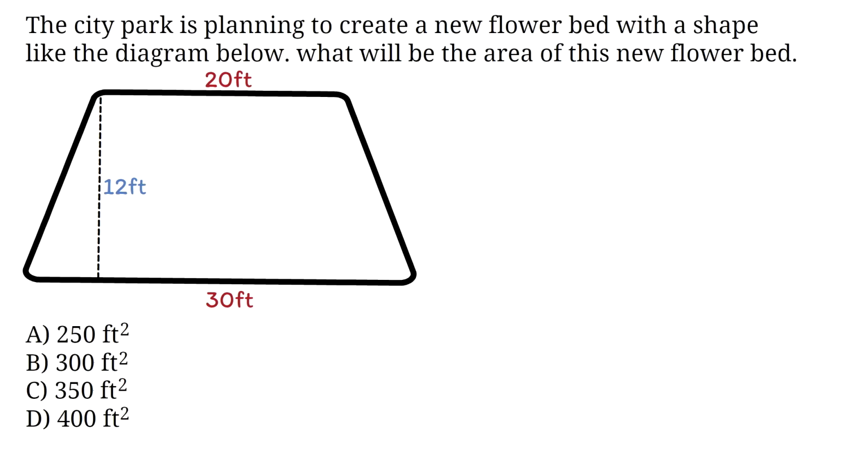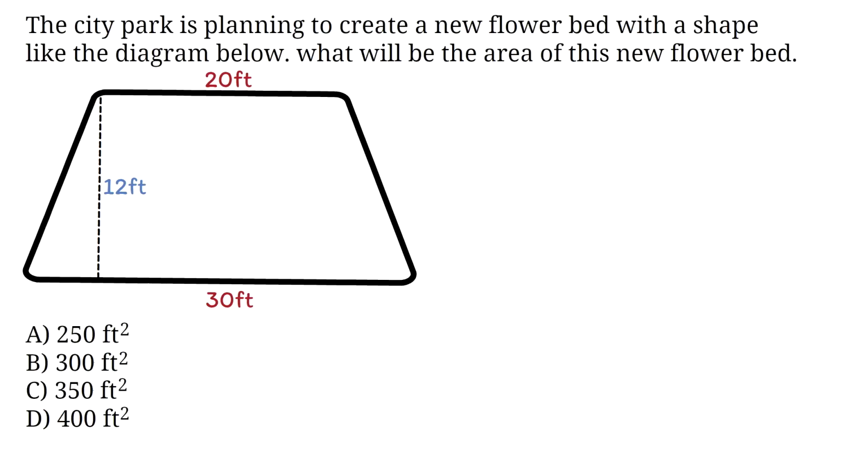The city park is planning to create a new flower bed with a shape like the diagram below. What will be the area of this new flower bed? A. 250 square feet. B. 300 square feet. C. 350 square feet. D. 400 square feet. To solve this question, the first thing you have to be able to do is identify